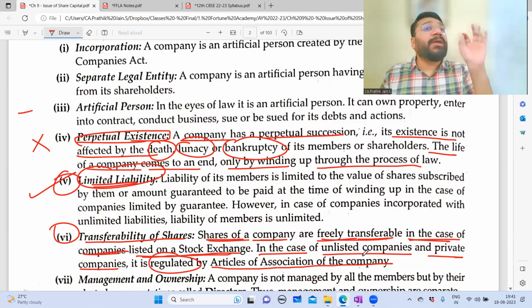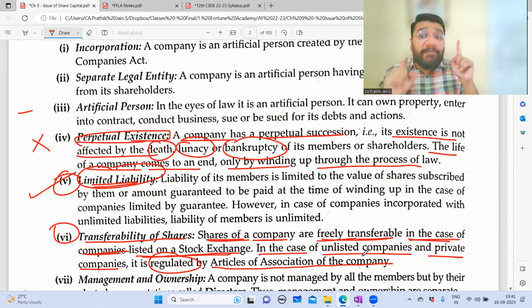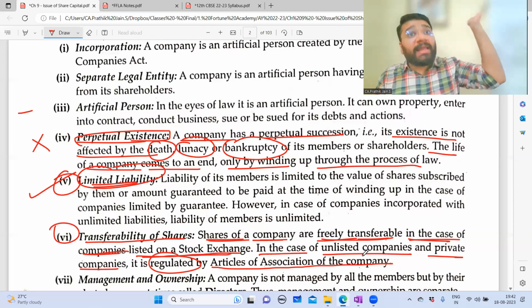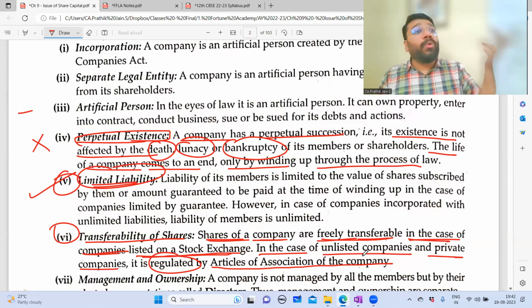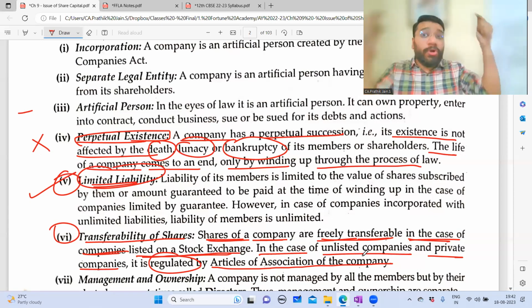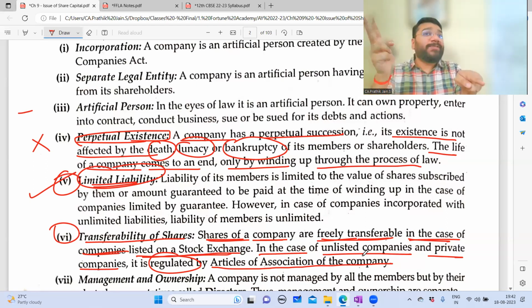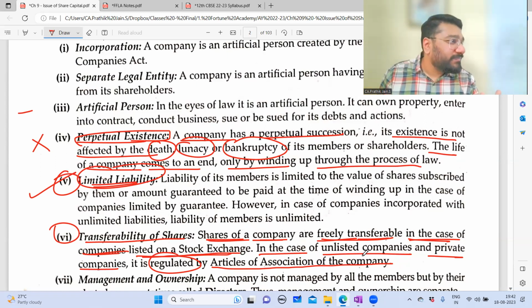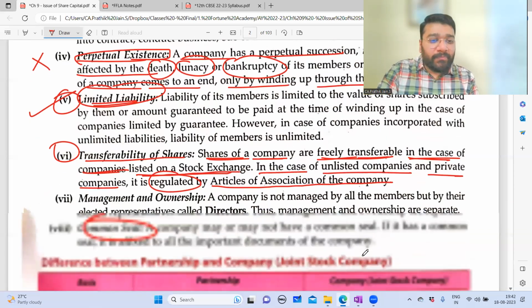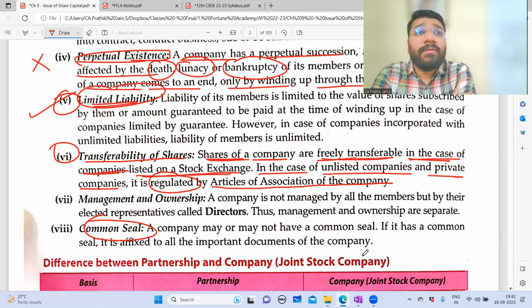The articles are nothing but the rule book of the company, which means every company will have its own rules. For example, FFLA will have its own rules and regulations. Kalpavriksha Academy will have its own rules and regulations. Some other academy, Byju's, you take, each has its own rules and regulations. Each and every company's own rules and regulations are listed down in a document called the articles of association. So if my articles of association permit transfer, I can transfer. If not, I cannot transfer. Are you able to follow? In public companies, there are two varieties: one which is on the stock exchange, one which is not. Correct.